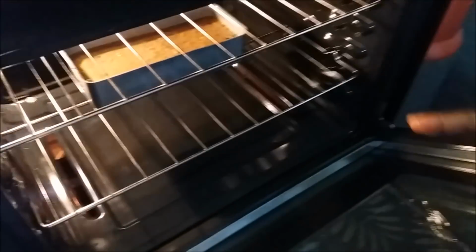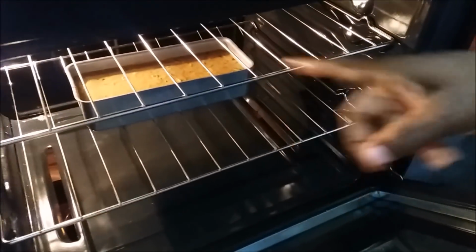Not horizontal, not vertical, but right across, right there. Gently close your oven and you'll be leaving this for 1 hour and about 25 minutes. When the 1 hour is up, please return to check it. We will return to show you how it goes. Okay, now family, depending on your oven,